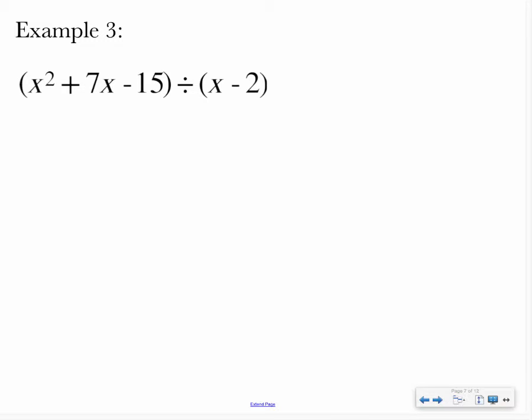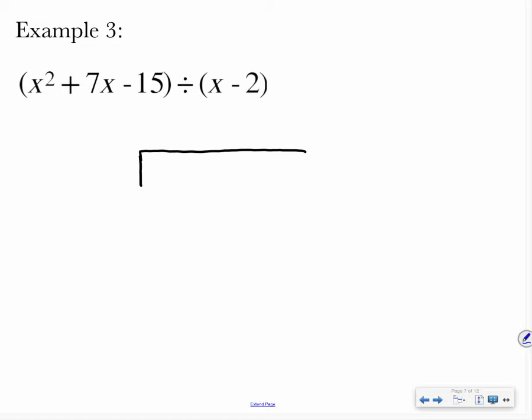Let's look at example 3. Now we are going to try dividing by using long division. Okay? So I remember the first time I learned this, I was a little overwhelmed, but then by the time I got it, I thought it was really fun. So hopefully it's the same for you. So I know we don't typically associate fun with long division, but I think this way is easier than the last way that we were just doing.